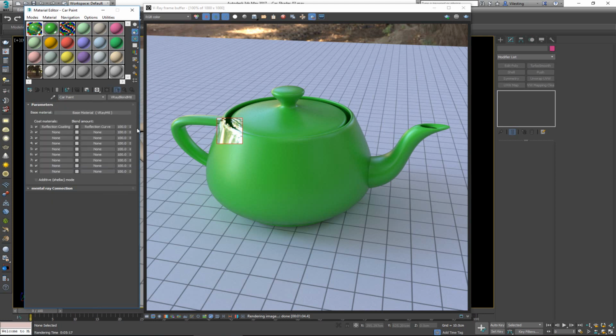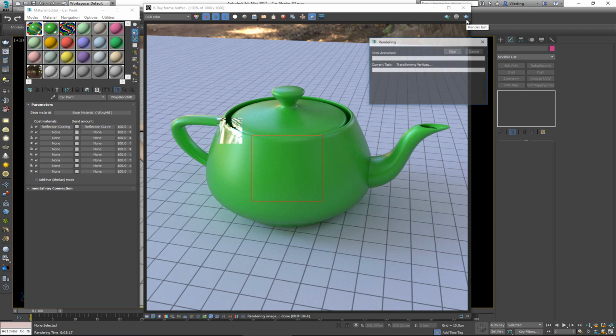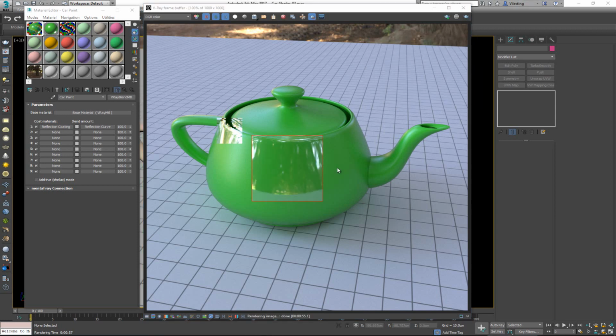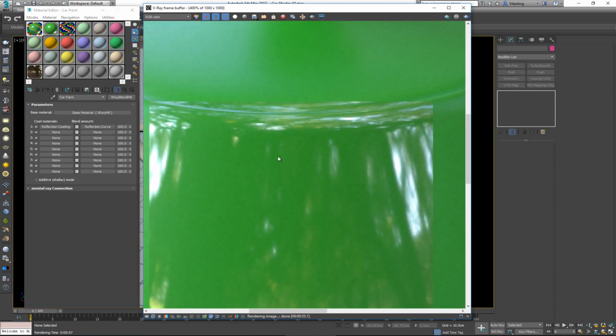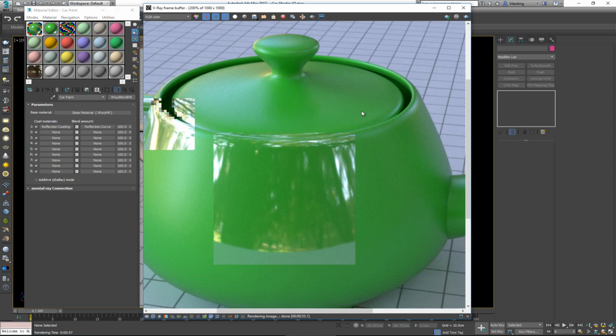All right, and now just sample a different place, something like this, and re-render. And as I can see here with the render spot that I have here, I pretty much have the base color coming from our base material, and the reflection is coming from the reflecting coat. So